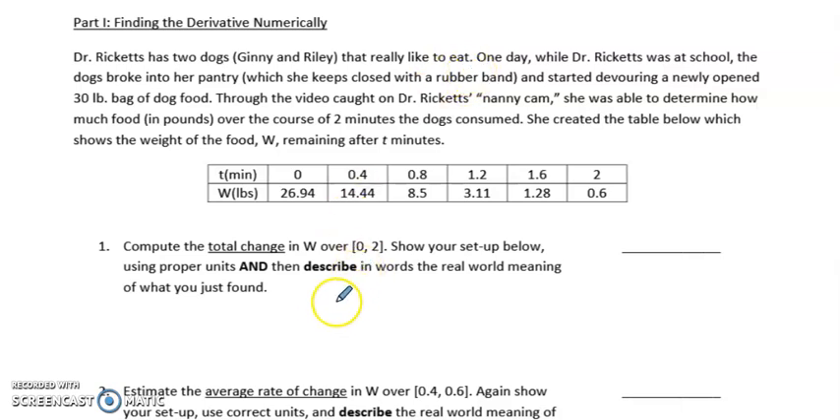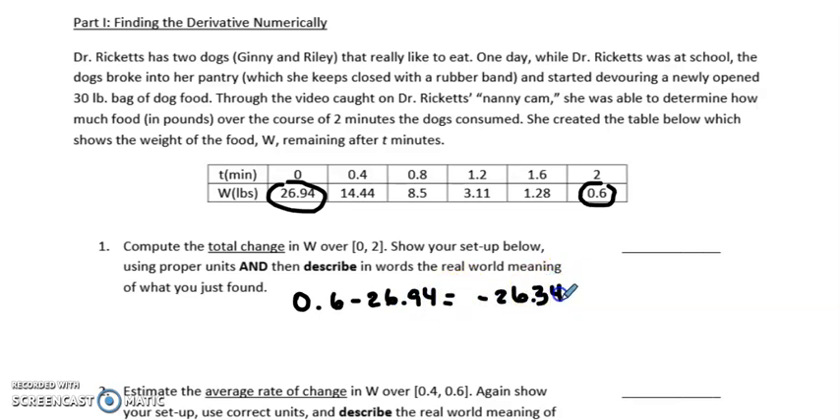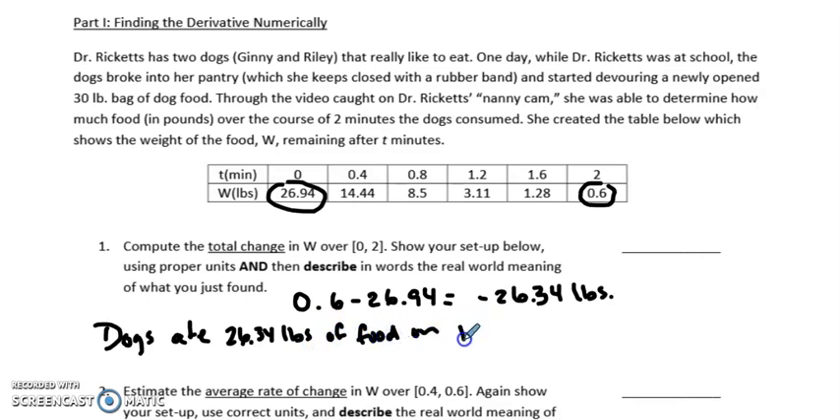So the change is going to be basically this Y value of 0.6 pounds subtracting out this Y value of 26.94 pounds. So our setup will just be 0.6 minus 26.94, and the answer will be negative 26.34 pounds. So what does that mean in context of the problem? Well, it means that the dogs, and you have to write a sentence with this, the dogs ate 26.34 pounds of food on the interval